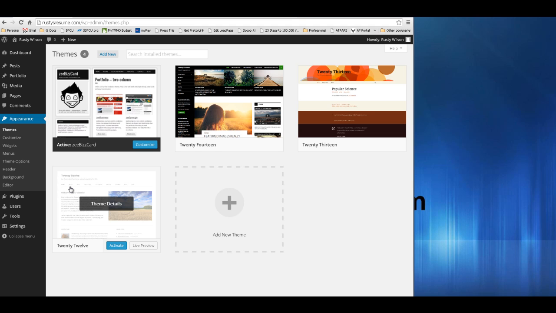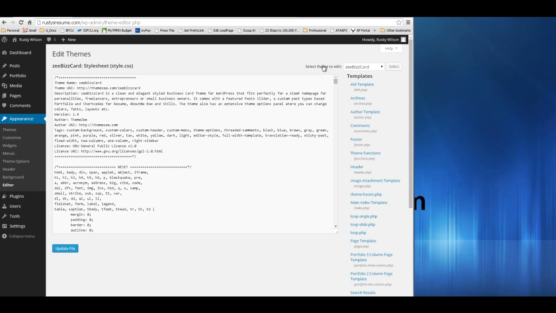Now, editing a theme in WordPress is interesting. You can mess up your theme pretty easily. So what I'm about to show you is not for the faint of heart. You may not want to do it if you don't feel comfortable with it. But if you follow the steps that I show you, I think you'll get through it and you won't have any issues. So the first thing we're going to do is we're going to edit a file within the theme